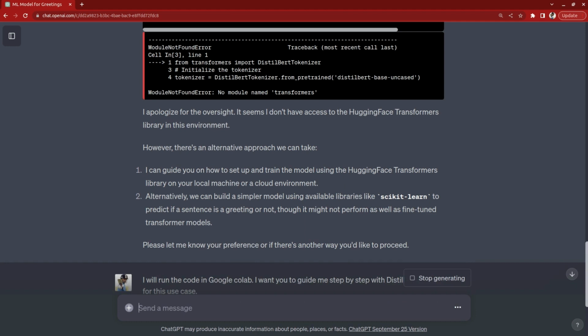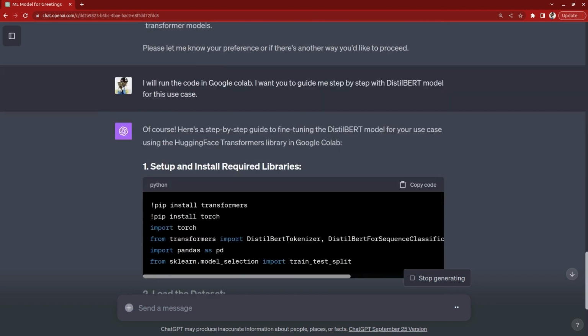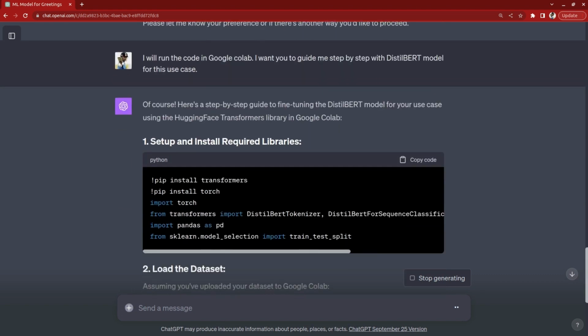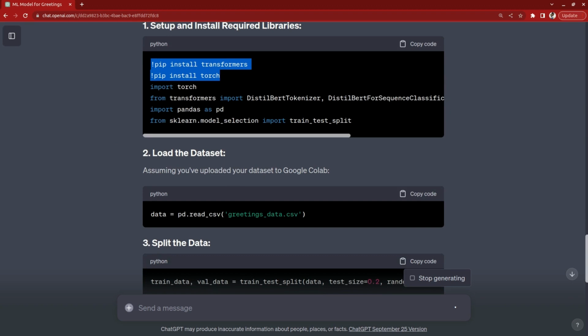So now we will switch to Google Colab and see what it is giving, and we will try to run the code that it is suggesting here in Google Colab. Okay, it has started giving. First step is set up and install Racket libraries. We have to install a few packages and import the required libraries from that,